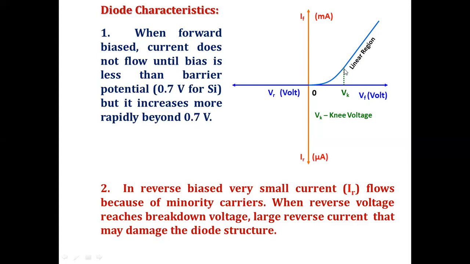Knee voltage: after that point the current will increase. After some time the conduction will occur, so current will start to flow here. Whatever happens here, I will call this the breakdown voltage. Positive breakdown voltage is here, that is plus VB, and this is minus VB,